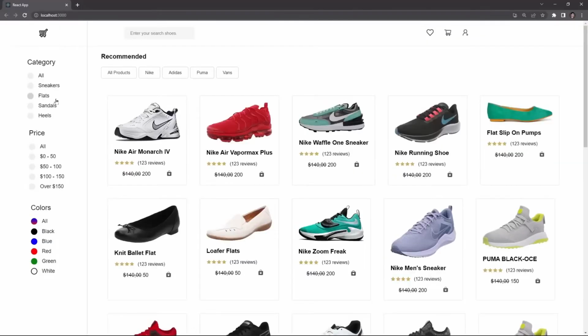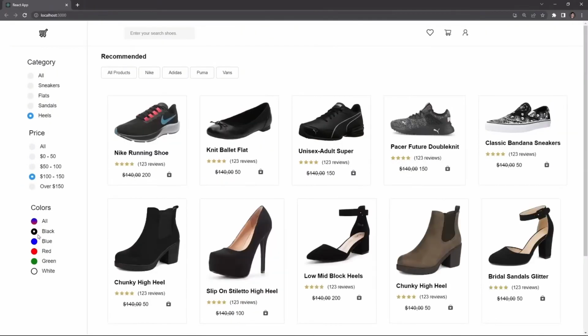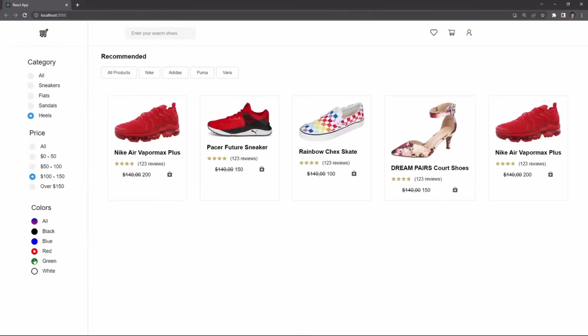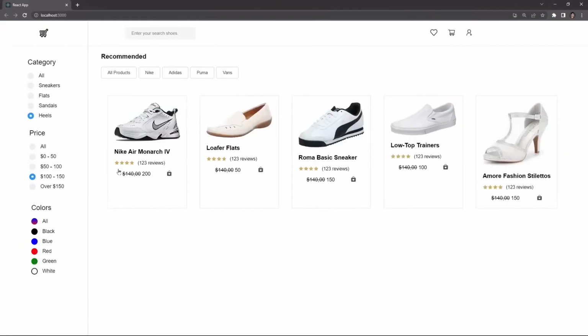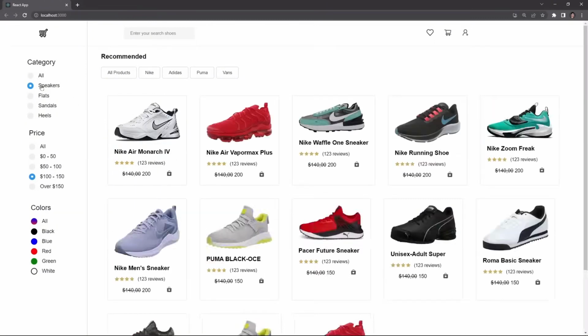And now let me just check that. I'm going to click on this one, click on this product, and now that's totally working. So if I want to just get blue, I'm going to get blue, then red, then green, then white. Okay, so that's also working. Let's suppose I want to just get this product, so I'm going to just copy that, and I'm going to just place it right here. So here you can see it will now give us just this one product right here, and I'm going to just click on the sneakers and stuff, and I'm going to just click on